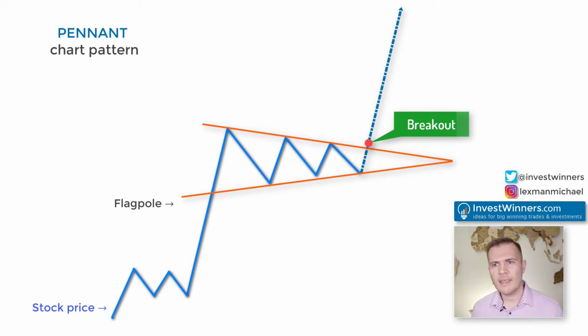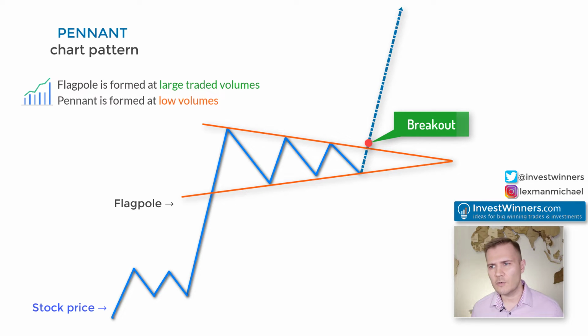of stocks. This pattern is very similar to the symmetrical triangle pattern. The main difference between them is the time of formation. The pennant pattern is a shorter-term version of the symmetrical triangle pattern. A perfect pattern must abide by the following rules of volume behavior. A flagpole is formed at large traded volumes, and when a small stagnation of a security begins, the pennant itself is formed at low volumes. A breakout of the upper pennant pattern trendline shall take place at increased volume.